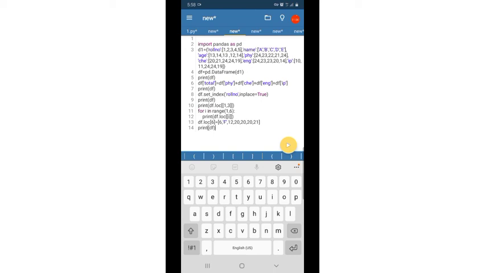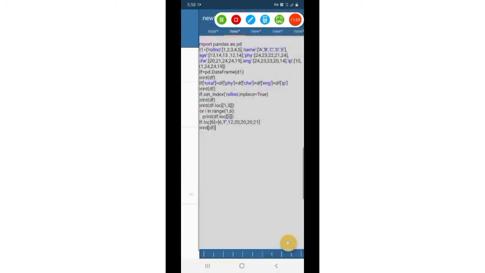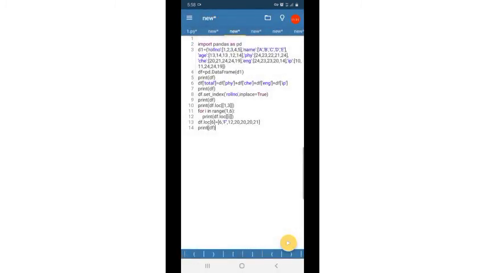Children, we can add a row by using the loc function, specifying in which row we have to add the value. So df.loc in square brackets at the 6th index, the 6th position where we have to add the value, equal to the values that are to be added.